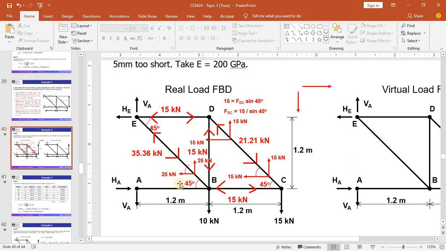So you'll get the same amount of 25 kilonewtons horizontally, meaning that the vertical and horizontal components are equal due to the angle of 45 degrees. And this will be the unknown that we will solve in this joint in the horizontal direction. So there are three forces acting in the horizontal: from member BC, the horizontal component from member EB, and member AB.